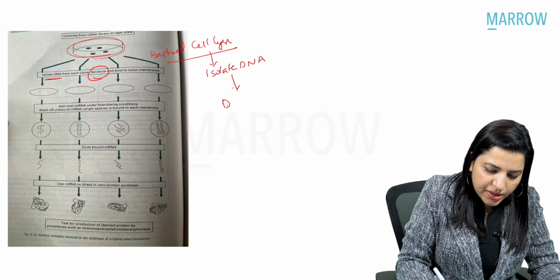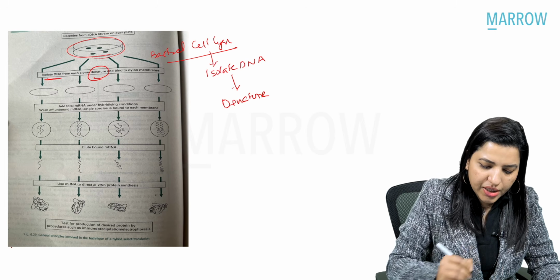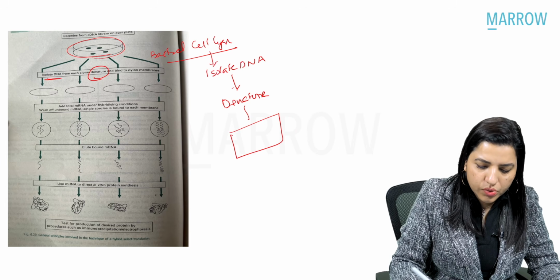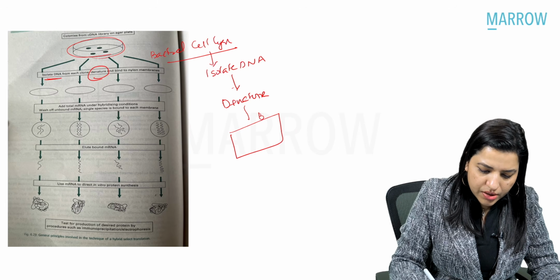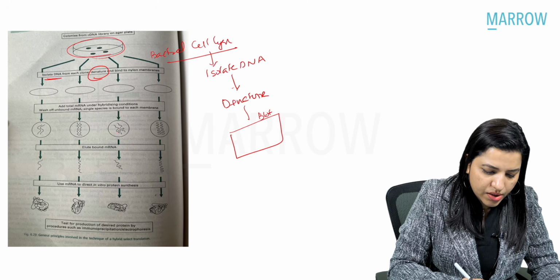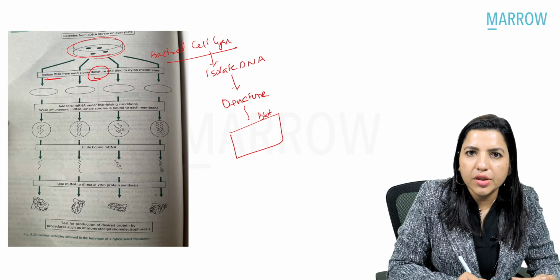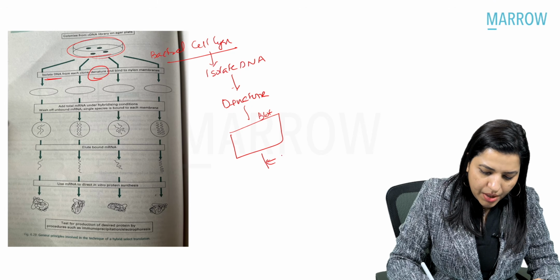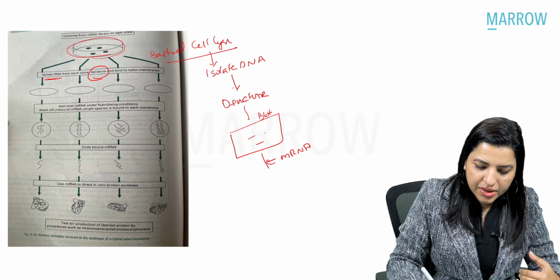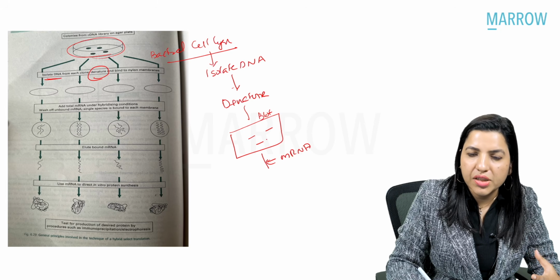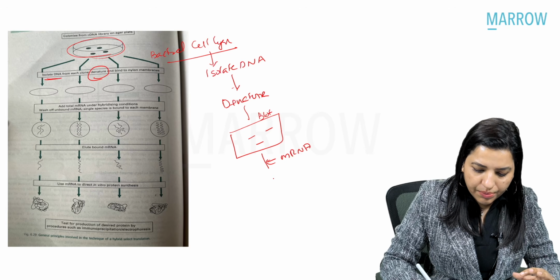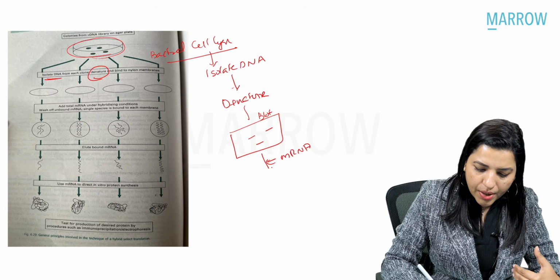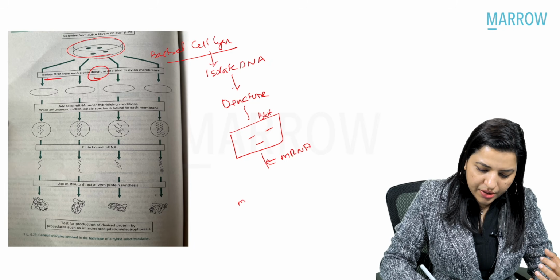Then the DNA is denatured. So what we can see, the DNA is denatured. Then it is blotted to a nitrocellulose membrane. That is the blot. Then once it is blotted, in this particular technique, as it is a cDNA, we'll add some mRNA. Now mRNA will bind to the cDNA, and unbound mRNA is removed, and bound mRNA,